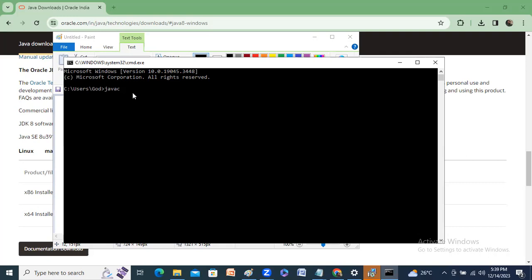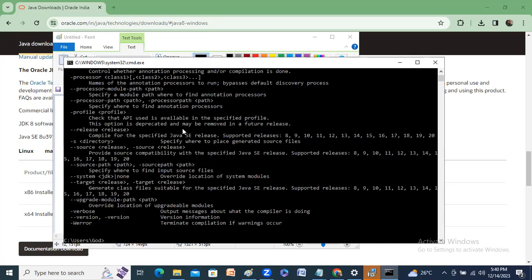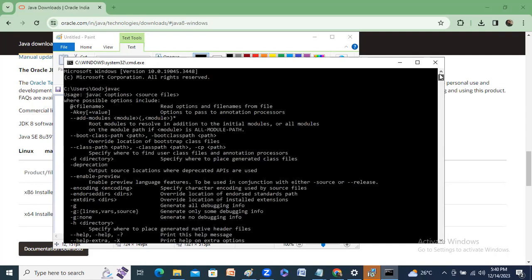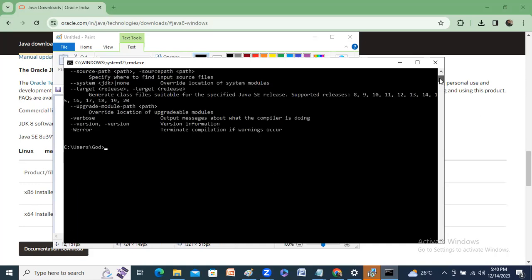Here we are using Java, and that's why the Java compiler is used. So to check whether it is installed in our system, you have to type javac, then press enter. Whenever it gives this much information about libraries and files, then it is installed in your computer.